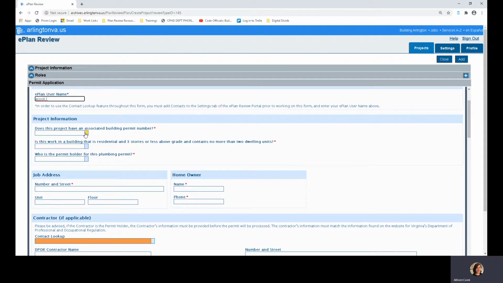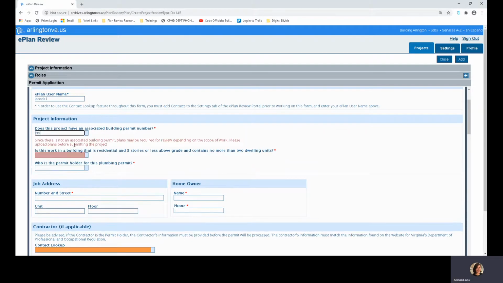If a building permit is provided, then the number must be entered here, and that building permit must be approved, issued, and active. If the building permit is not yet active and one is required, a plumbing and gas permit can be saved for now and submitted after the building permit is active. Once the permit is submitted, staff will validate that the building permit matches the scope of work outlined on the plumbing and gas permit application. If there are multiple building permits, then a separate plumbing permit and gas permit application must be submitted for each building permit. If a building permit number is not provided, as we're going to do in this example here,